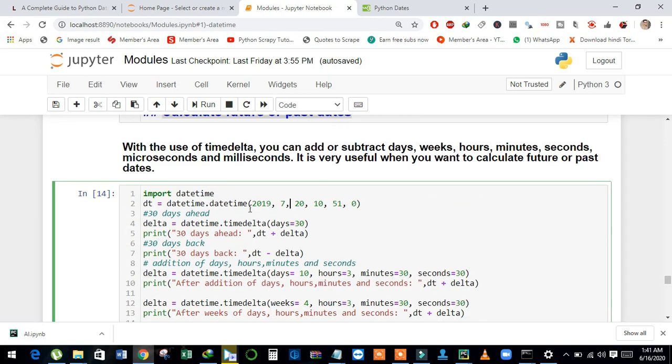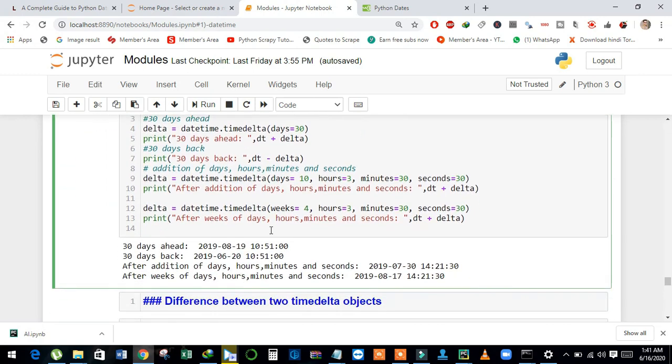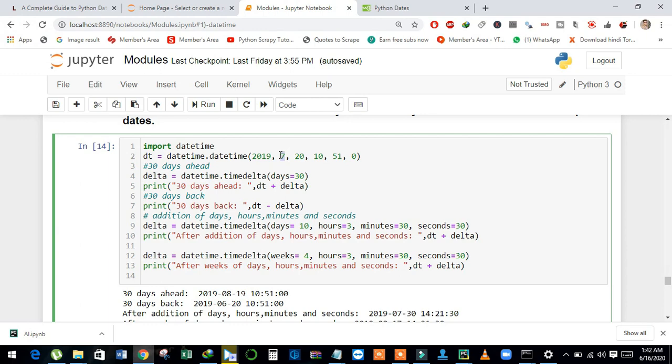And see here, I have assigned here 7. Now month equal to 8. Now we will discuss how to calculate 30 days back. And see here, dt minus delta, and it will calculate 30 days back. And see here, now the result equals to 2019-06, but in argument it is a 7.